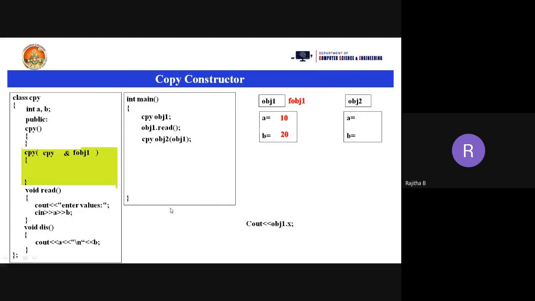Now, how to copy the values of obj1 into obj2? It does not consist of only one value, it consists of a number of values. So how can I access them? Now see this one, obj1 dot a, so that will be assigned to obj2 data member a. Then obj1 dot b. How can I access an individual data member of an object using this syntax? Object name dot data member.